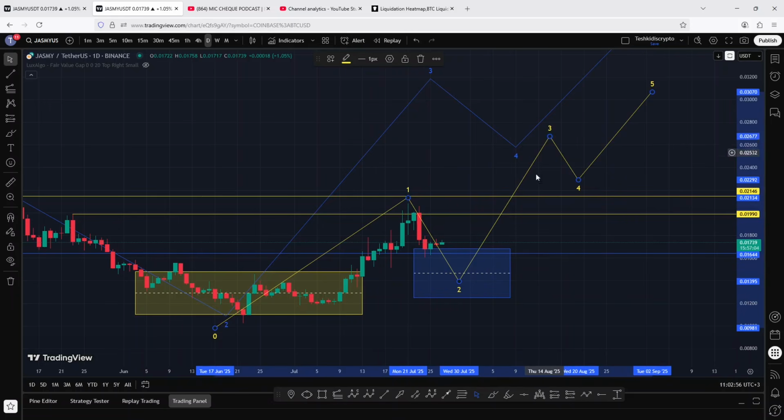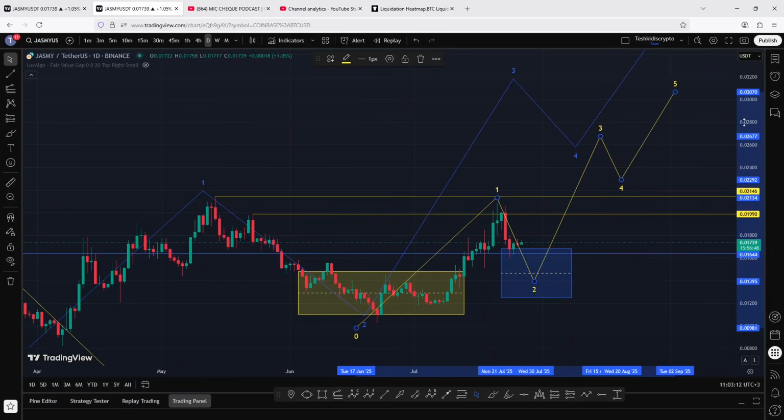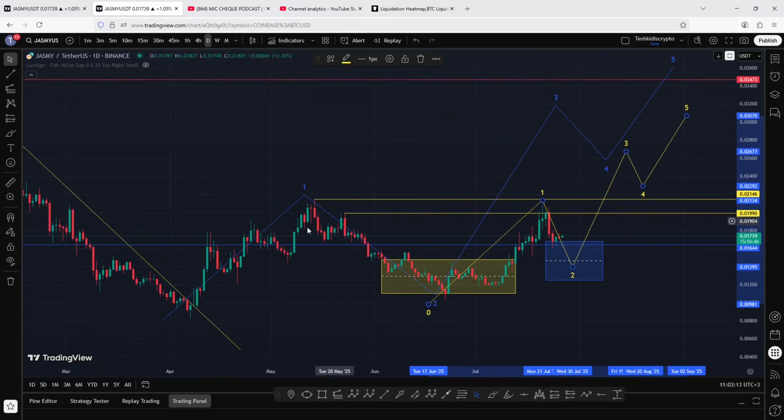And the minimum target areas will be given once again using the Fibonacci's, that is the fib extensions, once we have one more new low in the formation of that second wave. And remember that this additive structure right here in yellow is a micro additive structure within the formation of a larger wave 3 right here in blue, which is part of a wave structure that I have been observing from